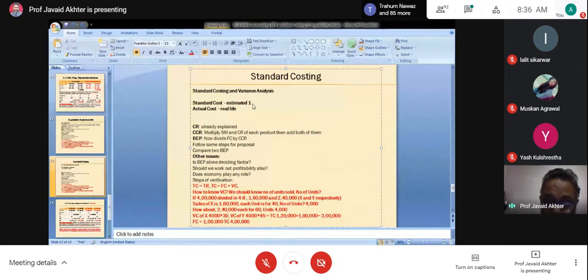Suppose the estimated per unit cost was rupees 100. Now, the actual cost in real life, do you think it will be 100, or more than 100, or less than 100? Less than 100. Could be less than 100, could be 90, or could be 100, or could be 110. Why have I written these figures? One figure less than this, one equal to this, one more. So in real life, all three possibilities exist. Do you agree with this? Three possibilities exist or not?